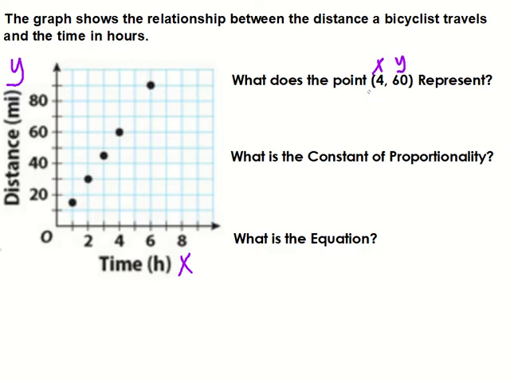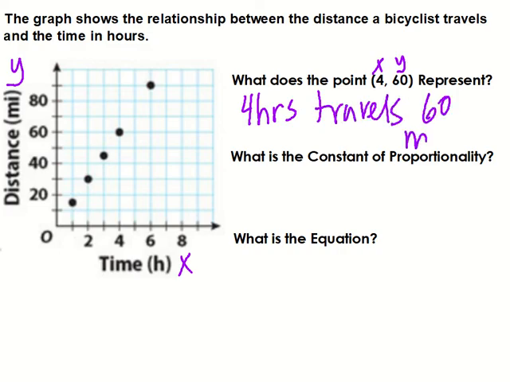Time is x, so 4 would be 4 hours, travels 60 miles. Oh, can't spell the word miles, apparently. Miles. So that's what that point represents, that in 4 hours they travel 60 miles because x is hours and